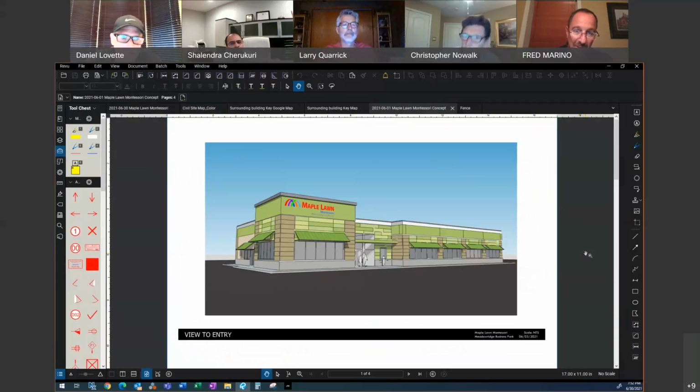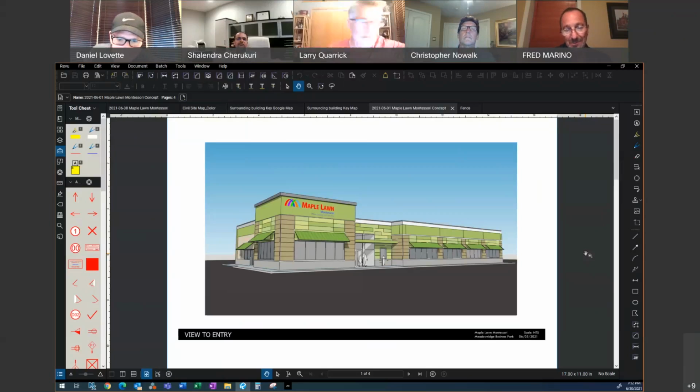Given the orientation of your building, I think you might want to pay attention to the elevation along Roosevelt Boulevard, because it happens to be as important as the elevation that we're seeing here.